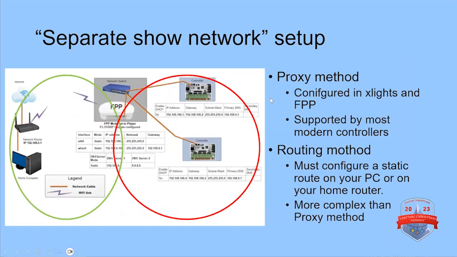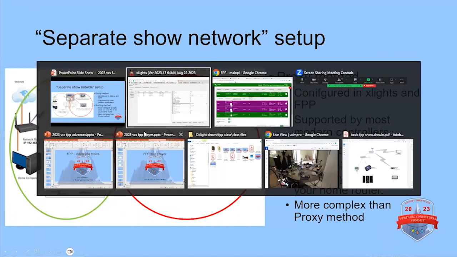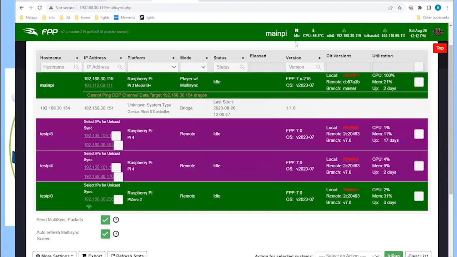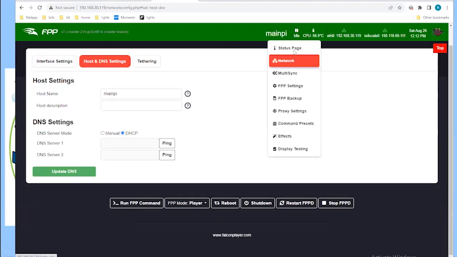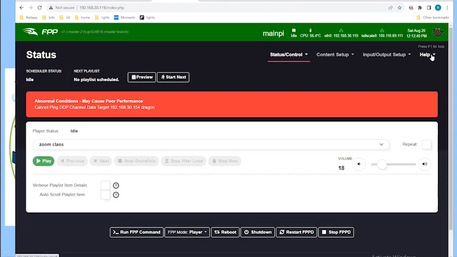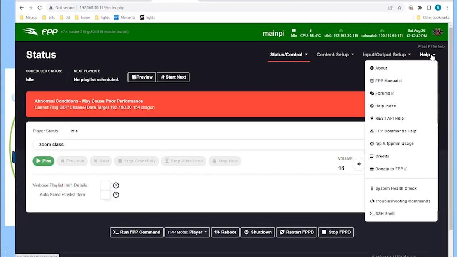So let's just jump right into the separate show networking setup. This diagram is straight out of the FPP manual. There is an FPP manual. If you're in FPP and you want to go there, go here. If you go to help, and then FPP manual,